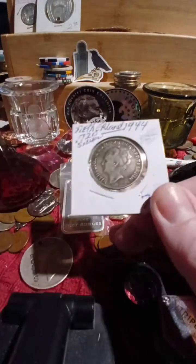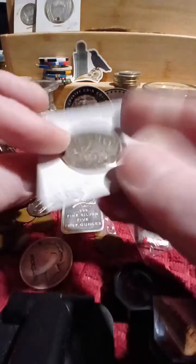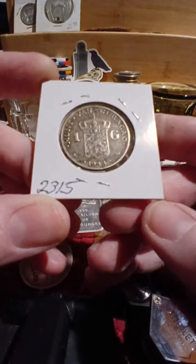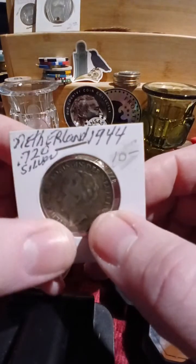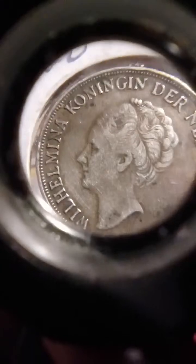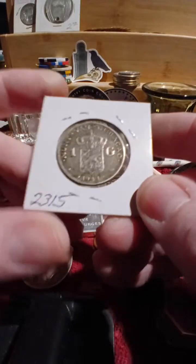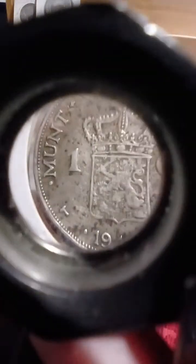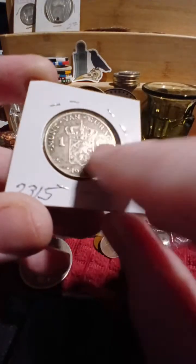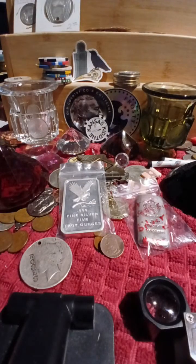Yeah, this is probably the coin I like the best of the bunch. This one's a collector one. This one was sold at melt pretty much. I did the math and told my dealer the melt was somewhere around 683 with 30 whatever the silver was earlier. But this one does have some nice toning to it. I do have a few more of these I bought the last couple weeks that are not this old, and they're a little bit smaller. The newer ones are the same denomination. But